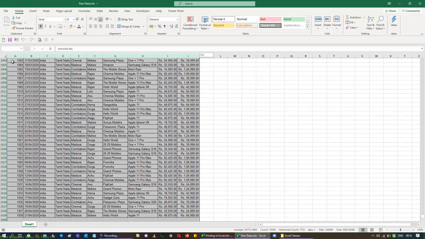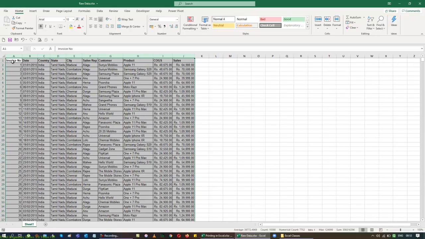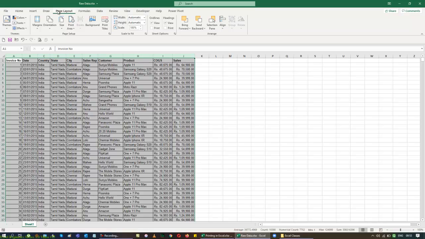So I'm going to select the whole data. I'm going to press Alt O C A to adjust the column according to the data width so that the data are exactly adjusted. Now I go back to my page layout, and in the page layout option, we are keen to talk about only two things here. One is the page setup, another one is called scale to fit. Now if I go and print this page, I can print it.